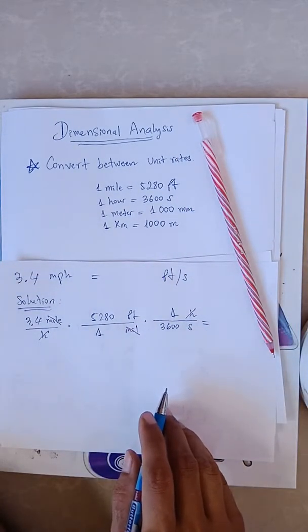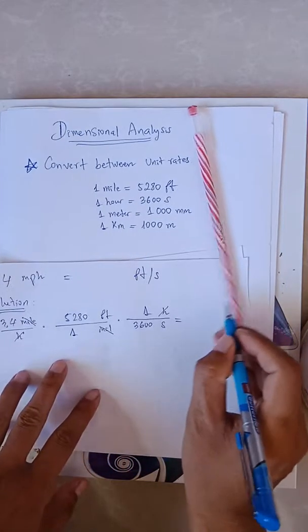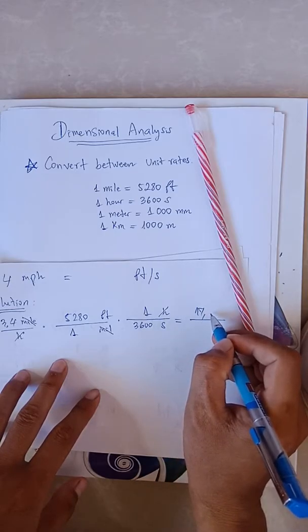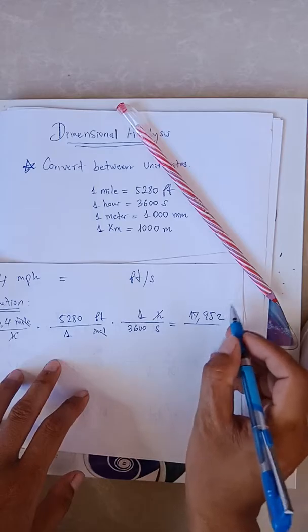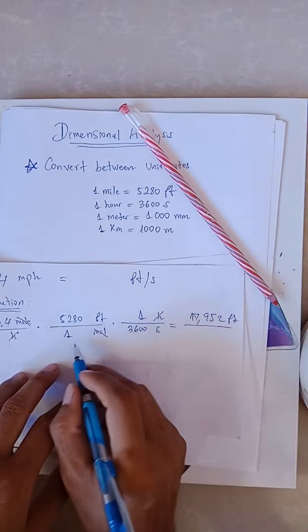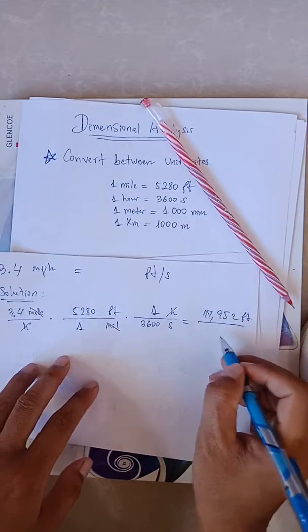We have 3.4 multiplied by 5,280 feet equal to 17,952 feet. And then seconds multiply together with this number, you will have